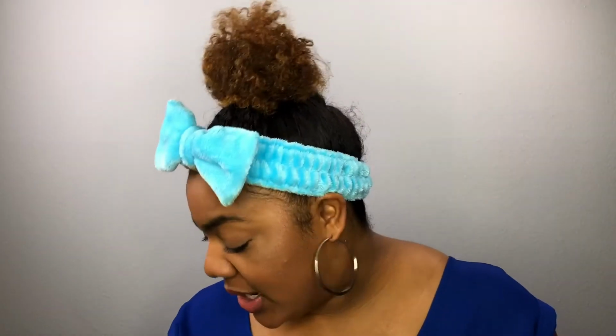But I recently got my hands on this Too Faced Better Than Sex mascara, and this is a mascara that has been raved about. Apparently you don't even have to curl your lashes when you put this on. So I wanted to give it a try, and let's just say you got me on this one,